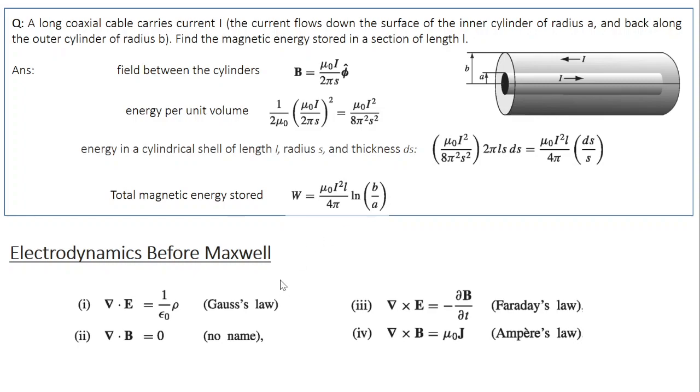So it's time to combine all the results from electrodynamics we have learned so far. The first one, divergence of E equal to rho by epsilon naught. This is true for both static and dynamic case. This is known as Gauss law. Second one, divergence of B equal to 0. Third one, Faraday's induction law, curl of E equal to minus dou B by dou t, or changing magnetic field produces an electric field. And finally, Ampere's law, curl of B equal to mu naught J.